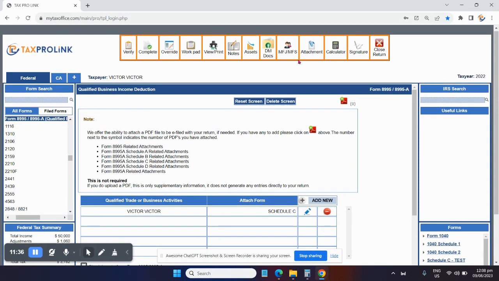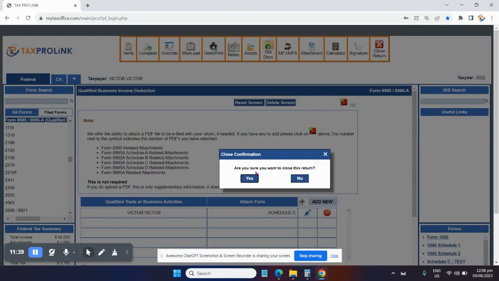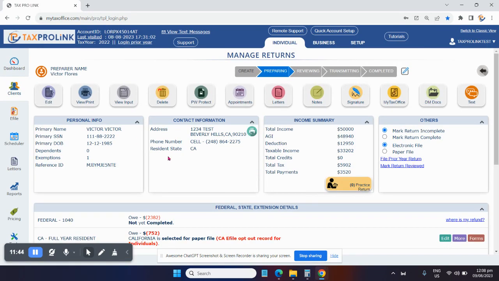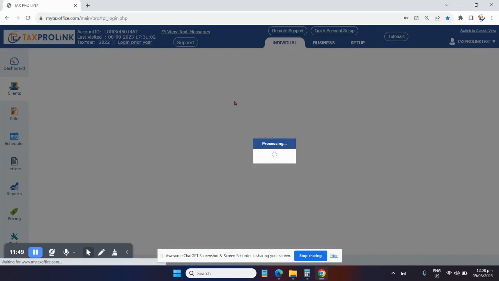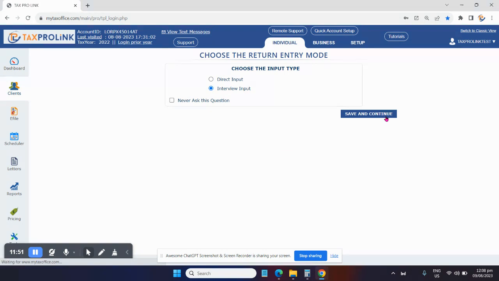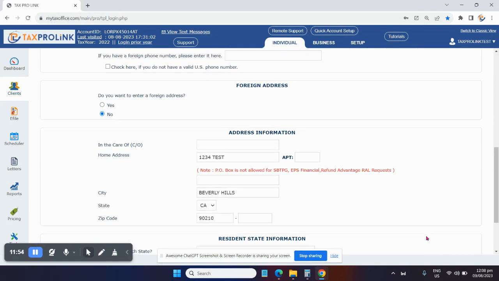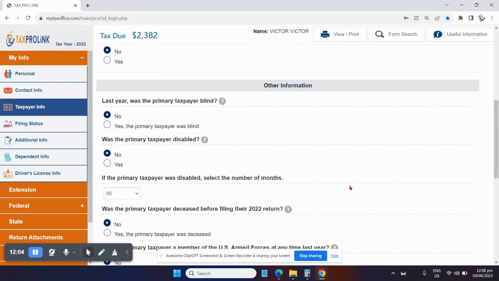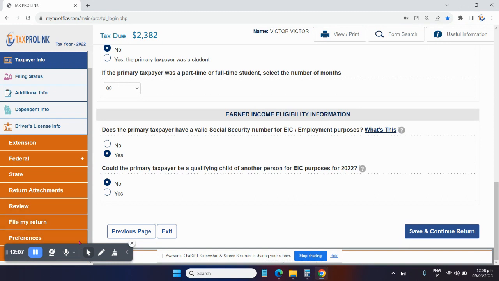All right, so that's the direct input. And if you want to switch to the interview, we do have an interview mode as well. So the interview, I believe this is the best option for preparers who are starting new doing taxes. Just click edit, and then you can use direct or interview, and then you can switch mode. So this is what the interview looks like. It's a long process, but it will help your preparer start a new tax return, especially if they're new doing taxes. And then, of course, you can switch mode back to direct, and you'll be able to